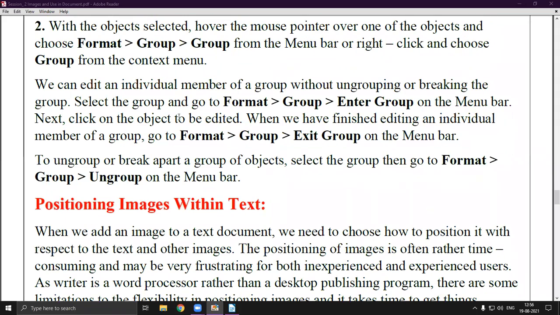We can edit an individual member of a group without ungrouping or breaking the group. Select the group and go to Format, Group, Enter Group on the menu bar. You will find Format in the menu bar. ठीक है, we can edit an individual member of a group, यानी कि अगर मान लीजिए मुझे केवल एक ही मेंबर ऑफ ग्रुप को, एक ही ट्रायंगल को चेंज करना है, तो मैं Format में जाऊंगा, Group में जाऊंगा, Enter Group में। Next, click on the object to be edited, यानी कि जिस इंडिविजुअल ऑब्जेक्ट को आप सेलेक्ट करना चाहते हैं।